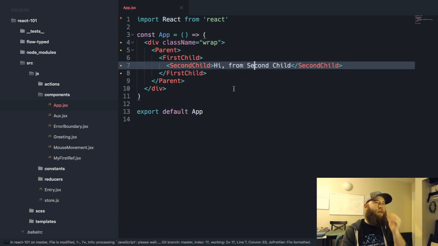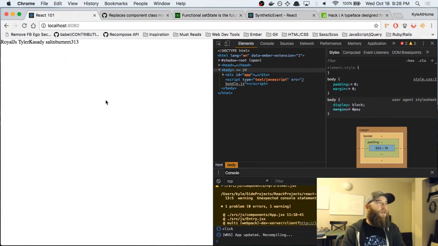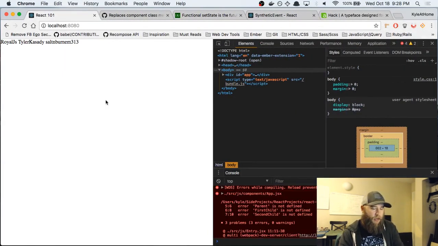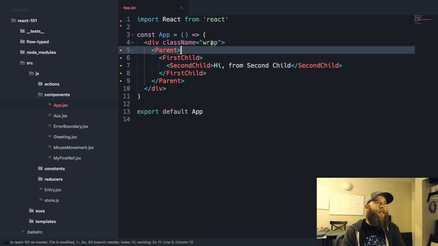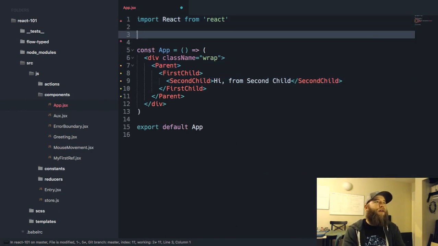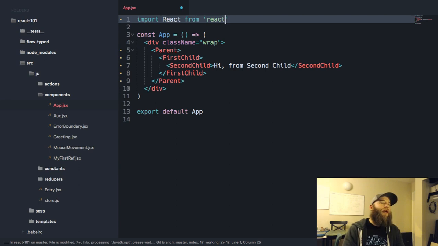Okay, I might even do this all in one file, so it's easy to see. Oh, they're not defined. That's totally true. Okay, we'll do this all in this file. So we'll need the component helper. I don't actually recommend writing it this way. You can make these as separate files. That's not the important thing to see here.